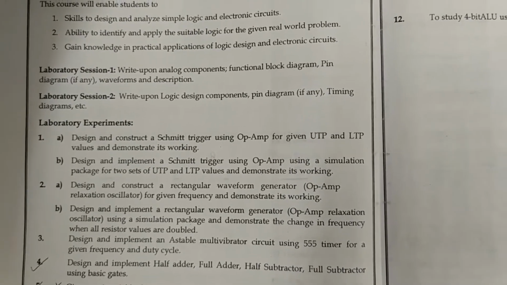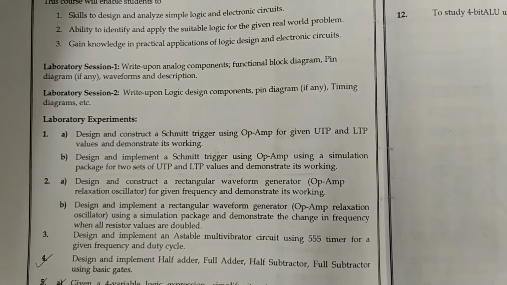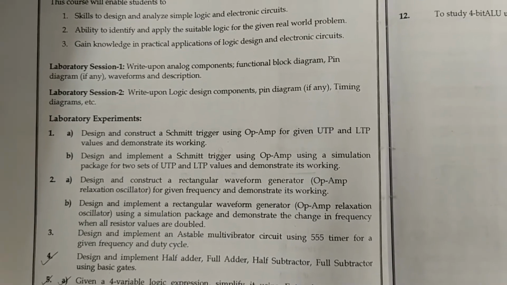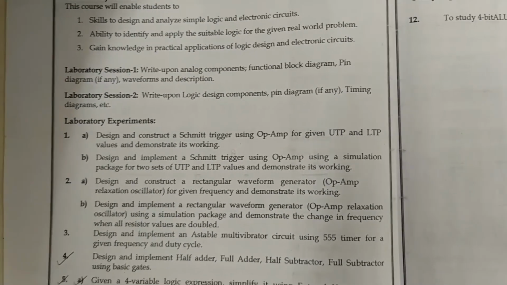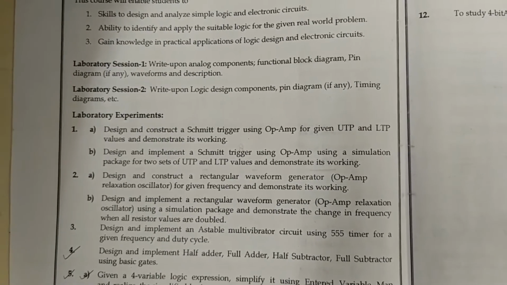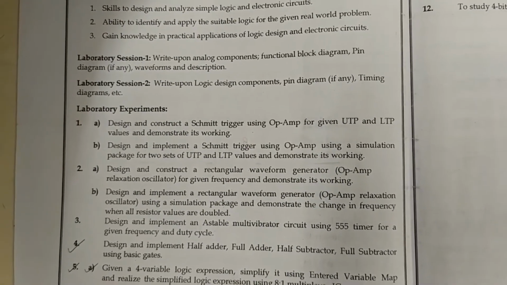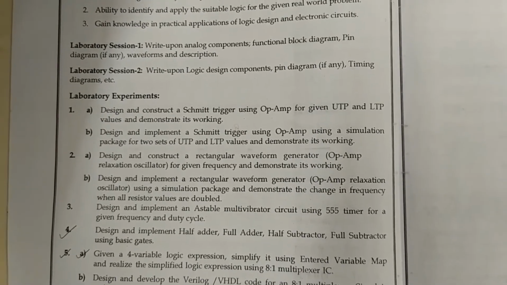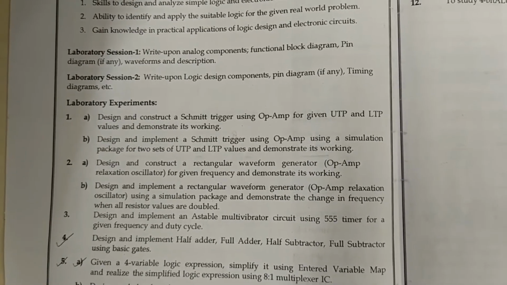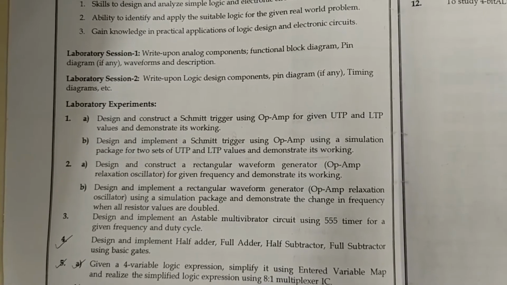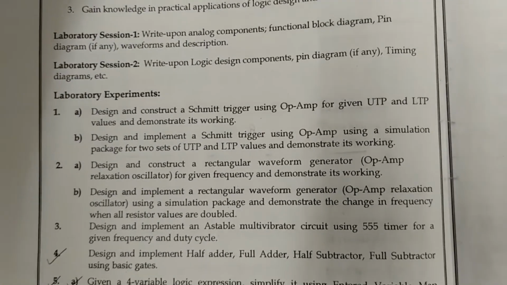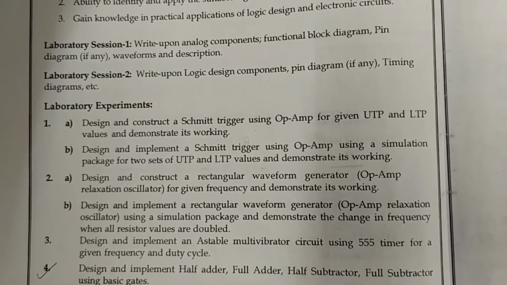So in the previous video sessions we have covered all the experiments of the digital electronics along with the software part. So in today's session what we are going to do is we will be checking out the experiments of part A, that is analog electronics lab. What are the components that we are going to use in this particular lab and what are the different experiments. So if we can see here, we have 3 experiments from the analog electronics lab.